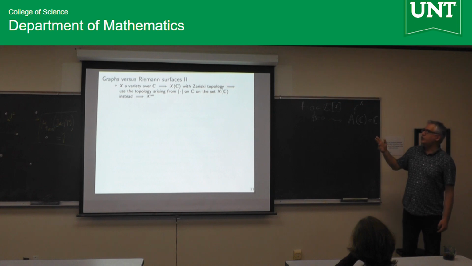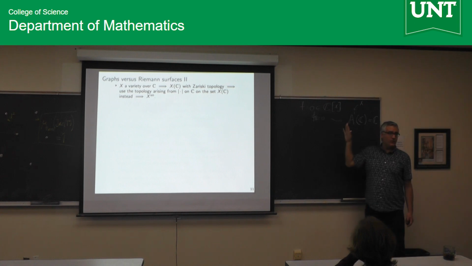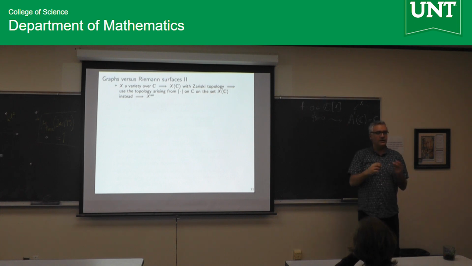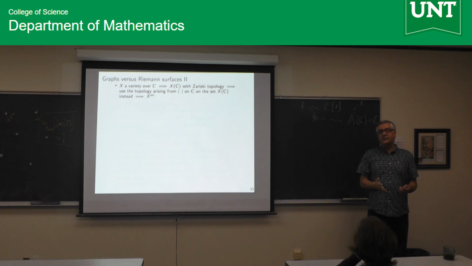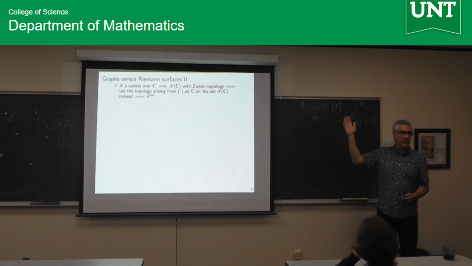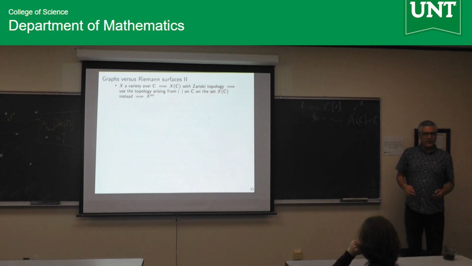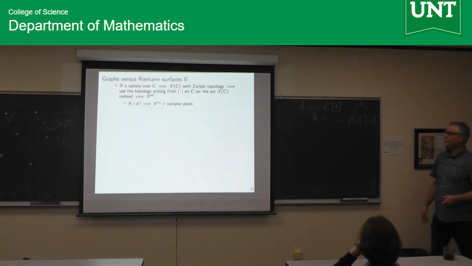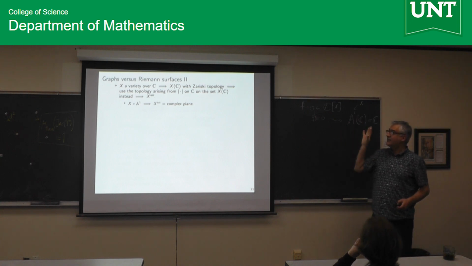What you do, you change your point of view. You say, these complex numbers have absolute value. I'm going to define disks, like all the points that are of distance at most r from a given point. And that should be my open set, not this weird cofinite set. And then you do analysis with that. So if you want an analytic space, you change your Zariski topology, that weird cofinite thing, and you use the analytic topology, the one that comes from absolute value. That's so obvious that we don't even bother giving a 10-minute lecture at the beginning of a complex analysis class. This is the right thing to do. That's the running example I had. You get a complex plane when you run this machine.